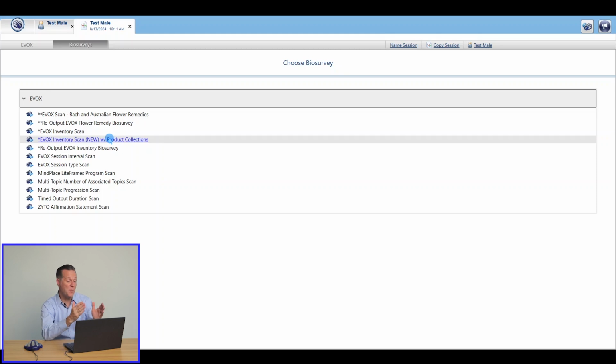Then you could also add Bach flowers, Australian flowers, and affirmation statements. We mentioned that affirmation statements can be good to scan before a session, but you can also run them after a scan to help support a perception shift. Then the client would just recite those throughout the next week or 2. Basically, this biosurvey is useful if you have specific items in your inventory, but you also want to include other